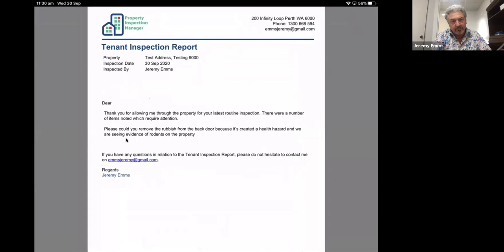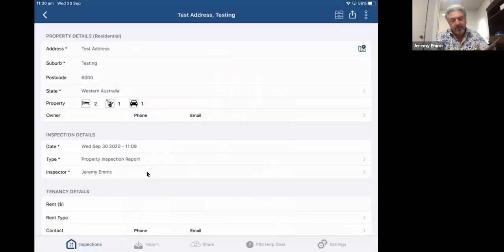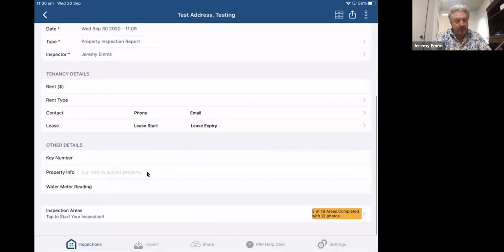Thanks very much for allowing me through. Please could you remove the rubbish? And it's got a photo of the rubbish behind as well to evidence what you're talking about. And that can be sent independently to the tenant. So from the one inspection, you've got a report that can go to the landlord potentially, one that can go to the tenant, and there is also potentially a third report that you can do.